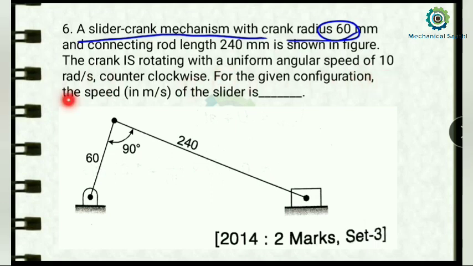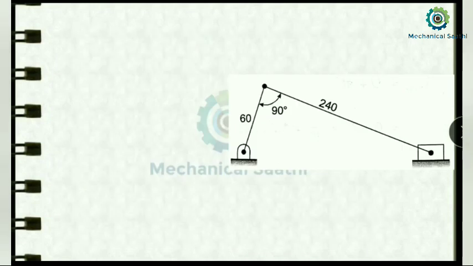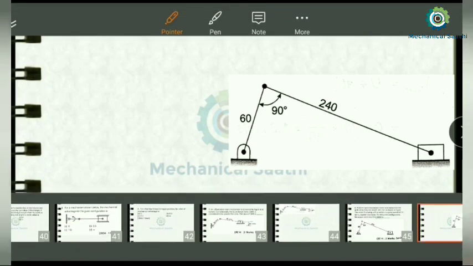For the given configuration, we need to find the speed of the slider. That means we need to calculate the velocity of this slider. We have already formulated this value. So let us again use our instantaneous method so that we can calculate it. Let us move forward and try to see this. If we see here, I can name this as per link 1, 2, and this is link 1 again. So let me use the pen.